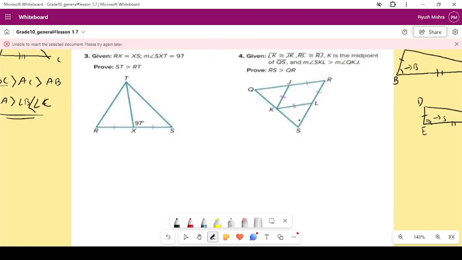So in this question, the first question, it is telling this side is equal to this side. I want to know this angle first. Okay, so if I am telling angle TXR, it will be equal to, total should be 180 minus 97 degrees, which will give you 83 degrees. So I have got this one is 83 degrees.